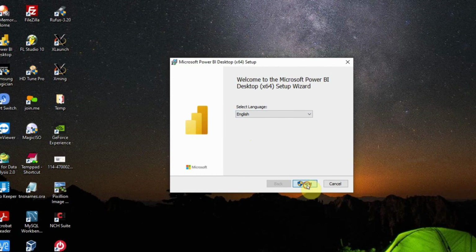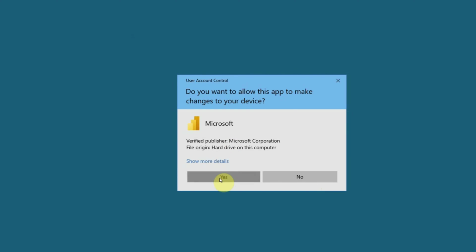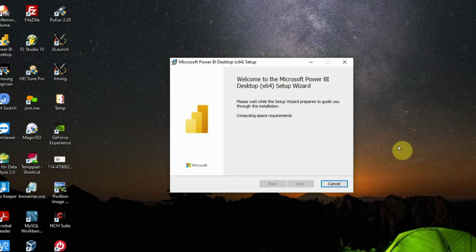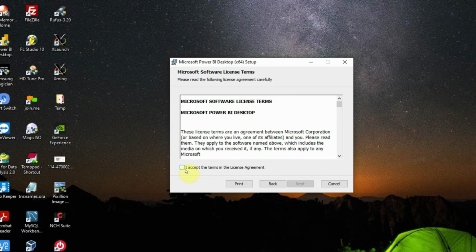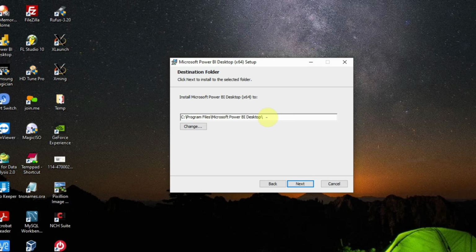The language is English. Click next. Click yes for the permission. Let it complete the computation of the space requirements. Click on the next button and accept the terms of the license agreement. Click next, and we are okay with the path selected for installation, C:\program files Microsoft Power BI desktop. We'll click next